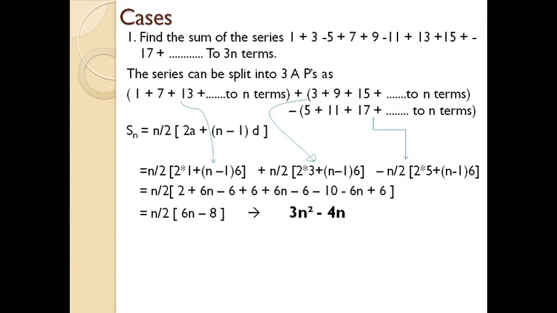So from this case, you need to understand that in the previous sessions, we have dealt with a series that goes in continuous order, and at the same time there exists a common difference between each number. But it can't be like that in all the cases. Sometimes you have to deal with situations where the series can't be in continuous order. You need to find series in alternate arrangements. Here from the one series you have developed 3 arithmetic progressions, and the answer is 3n square minus 4n, because only by solving all these basic mathematical steps can you arrive at 3n square minus 4n. That will be the answer.